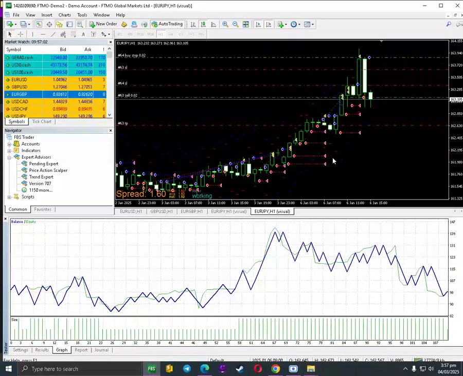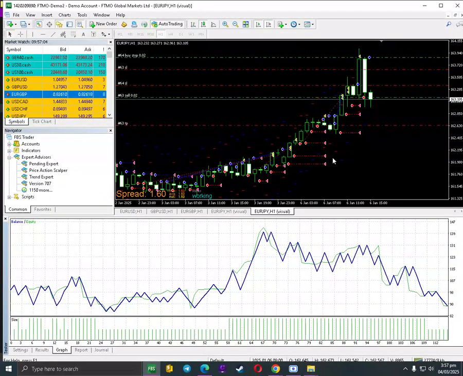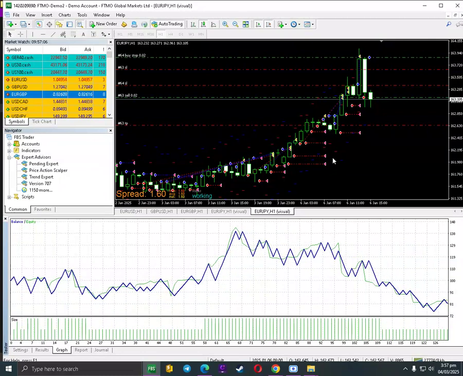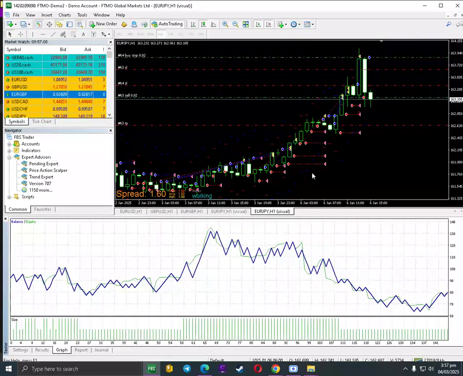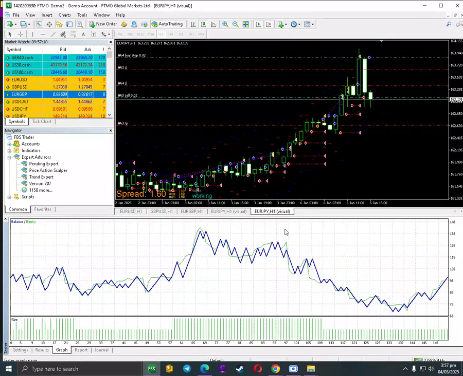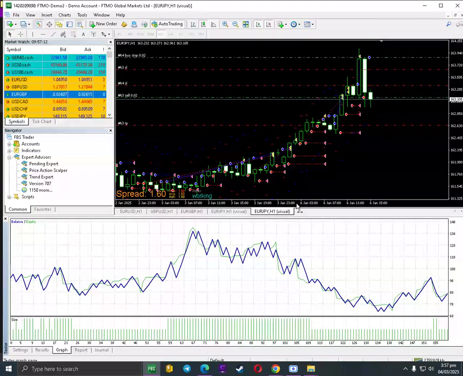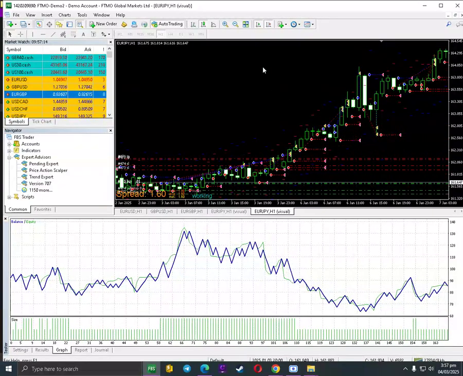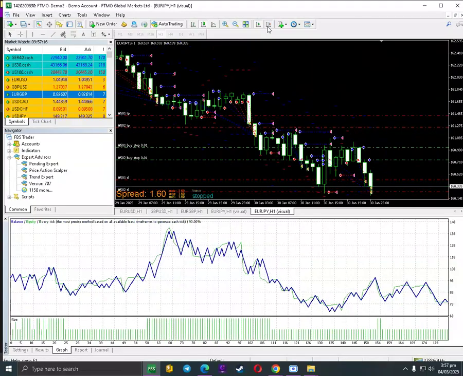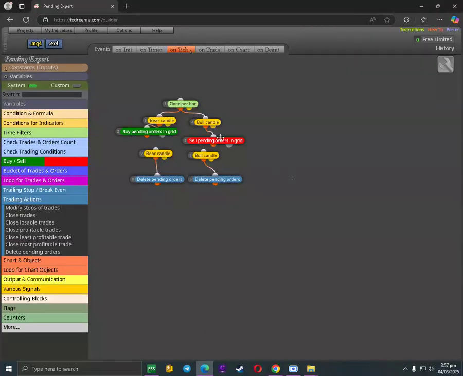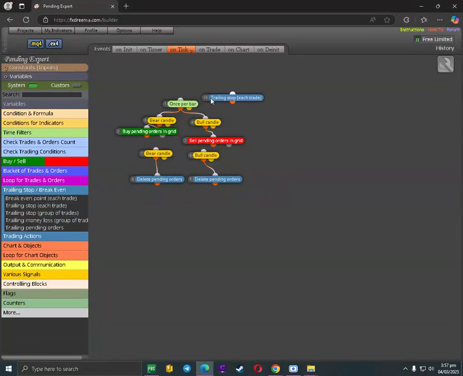As you can see right now, we just use a 1:1 risk reward ratio because our take profit is 50 and our stop loss is 50 pips also. So this was on an M1 time frame. So if we add another condition like trailing stops, then I guess it will be good. Let's try to add this one.